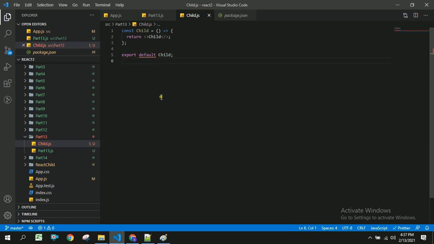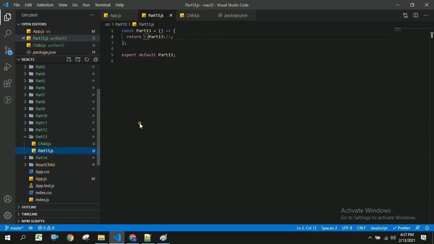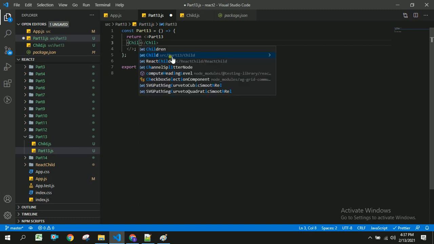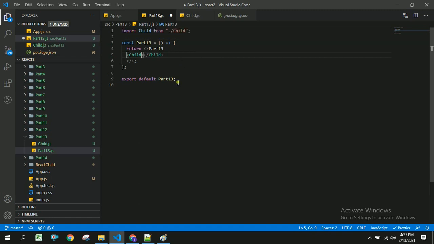Then we have to import this Child in our part13, and it should be auto imported.